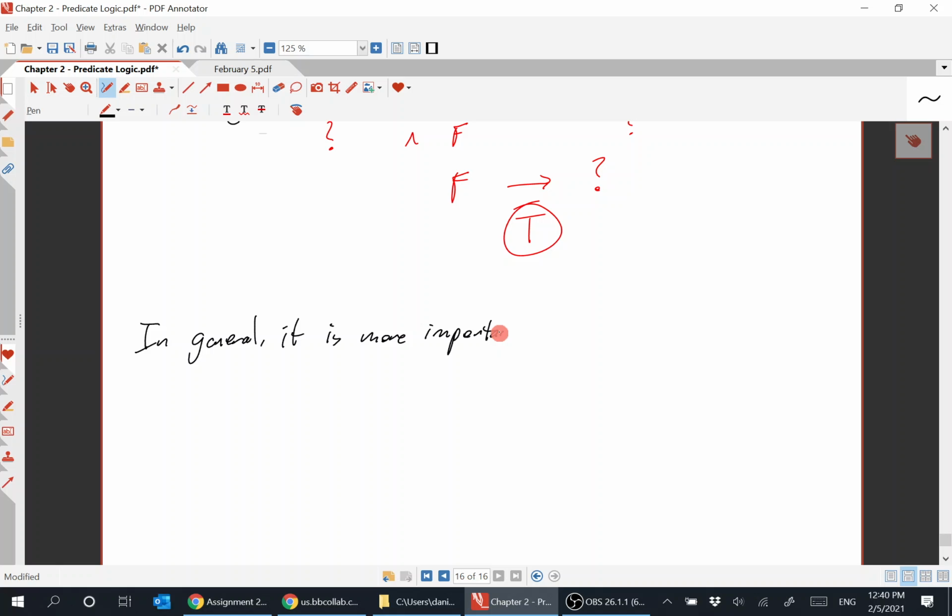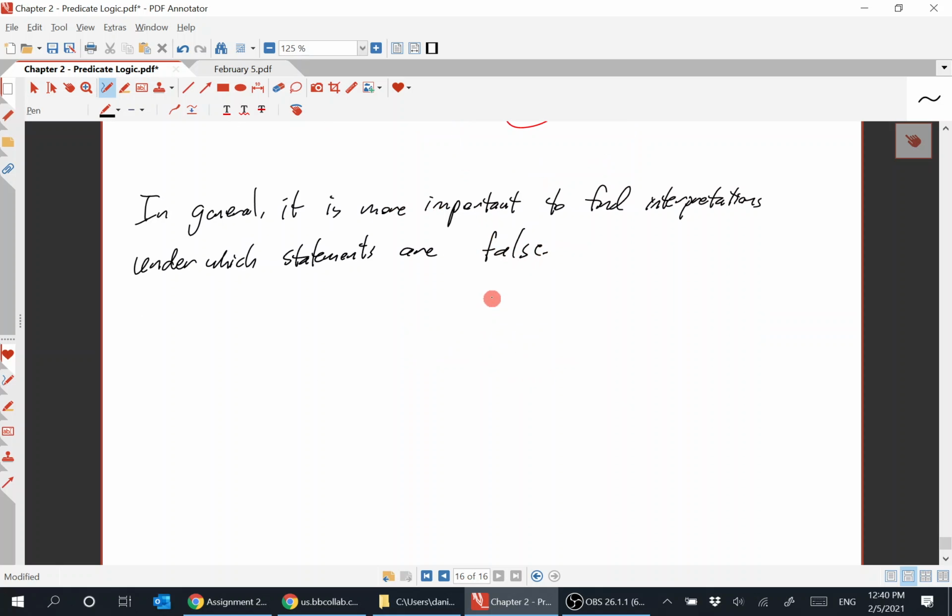The reason being is the following. Definition. So an abstract predicate logic statement